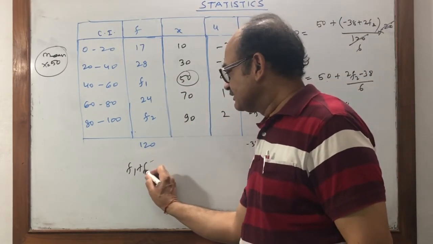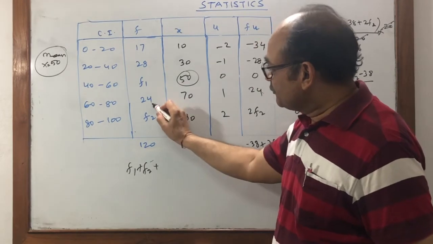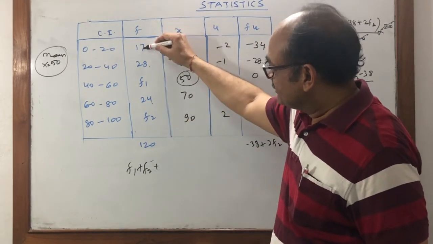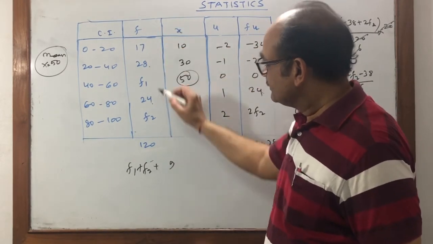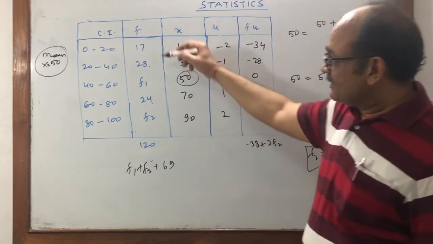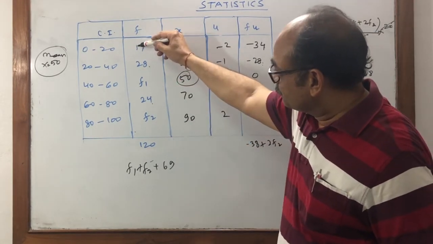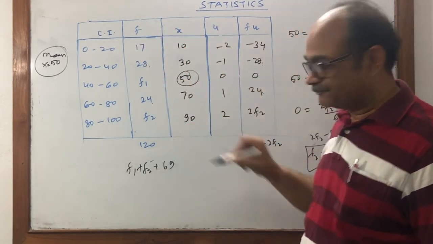Tell me what is F1 plus F2, plus 24, 28, 17. 9, 6, check it again, 7 and 8, 15, 15 and 4, 19, 1 carry on, 2, 2, 4, this is